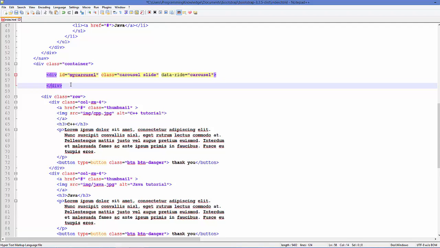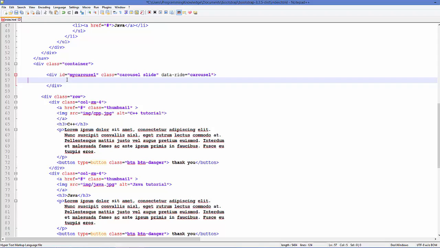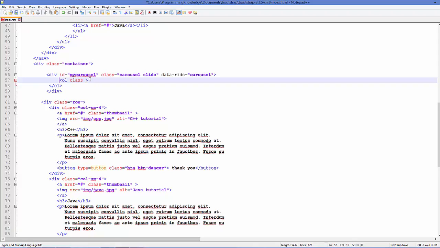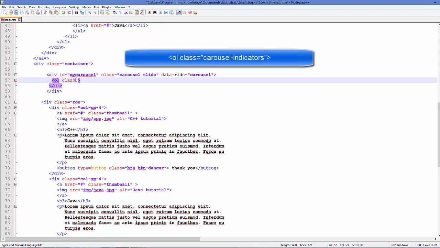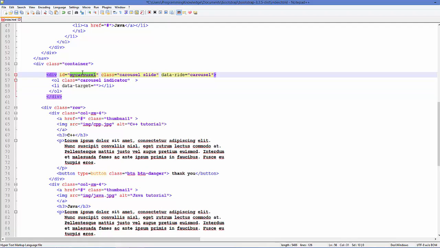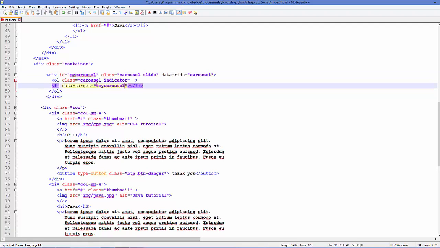the indicators, and to add indicators we need to add this ordered list element. So just add OL and include a class called carousel indicator, and inside this ordered list we need to add some list items. And for the list item we need to add first of all data-target, and our data-target is what we have defined above. So we have defined my carousel here, so our data-target will be this,